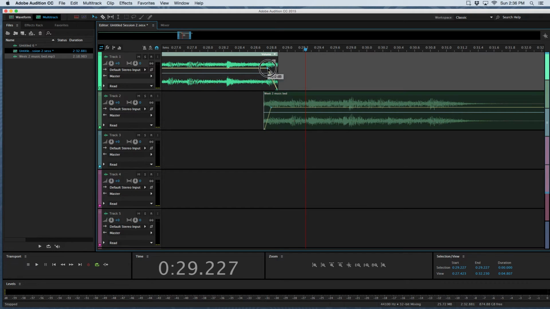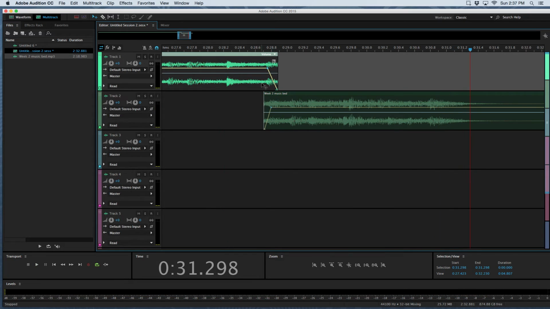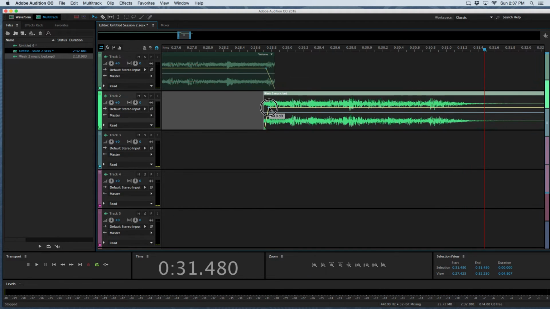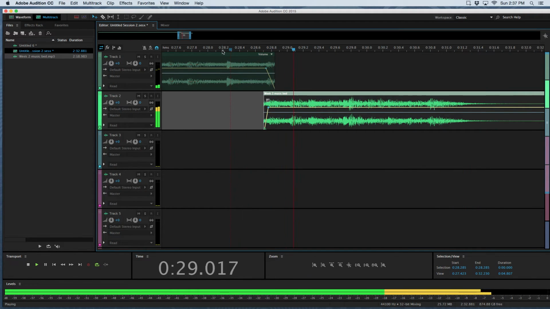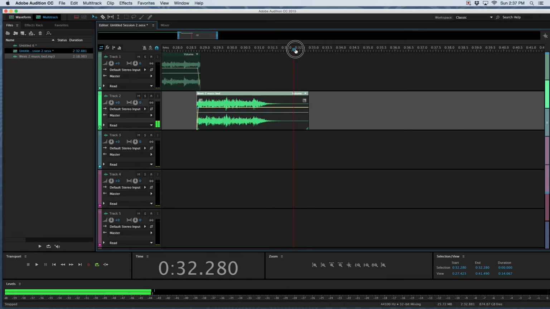Bring my crossfade further out this way. Okay, gonna cut a little bit more off this and bring my crossfade a little tighter. Okay, still not quite clean yet, so I'm gonna bring the crossfade a little further out. And there we go. We now have a 31-second music bed, which for our purposes, we could always trim that